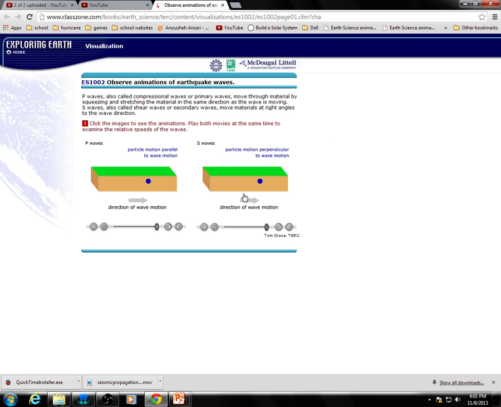The reason why I have these back to back is so you can see the speed. So I'm going to start this one and let it go through once. There we go. And then I'm going to start this one when that one ended so you can see the speed. That P wave is about twice as fast. So I'll do that again. I'll start this one, then get this one ready. Start there. So they start together, and you see the P wave is about twice as fast as the S wave.